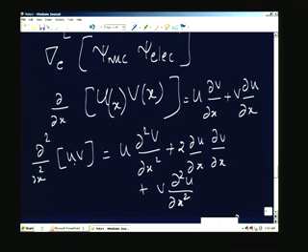Now what you have assumed is this to be independent of x for the purpose of taking the derivatives, not as a function, for the purpose of taking the derivatives. When you say that v is independent of x, obviously this derivative, dou v by dou x, you are going to throw away, and you are going to throw away this derivative, dou square v by dou x square, and therefore you approximately write this as v times dou square u by dou x square. Please remember,